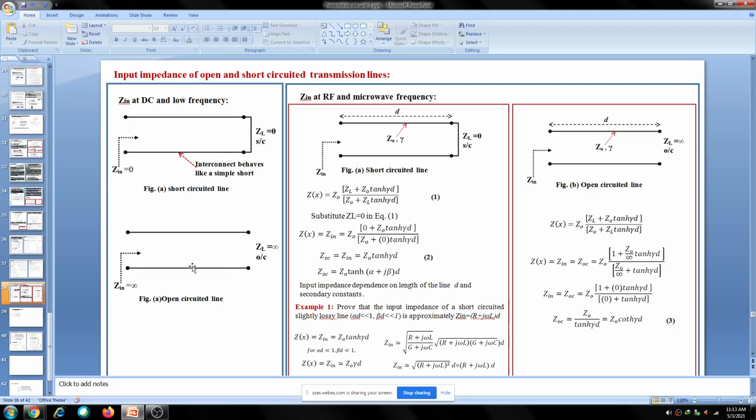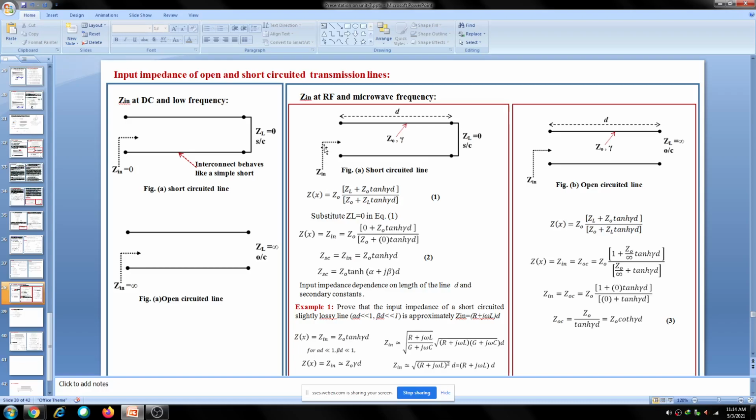Similarly, if it is open circuited, if you measure Zin here, whatever the length, it is equal to infinity at low frequency. Usually the length of the line may be on the order of meters or centimeters, which at very low frequency is small compared with the wavelength, less than lambda by 10. In such a case, Zin is 0 for the short and infinity for the open. That is the case at DC and low frequency. But if you take this line, of the same length d, but short circuited here...